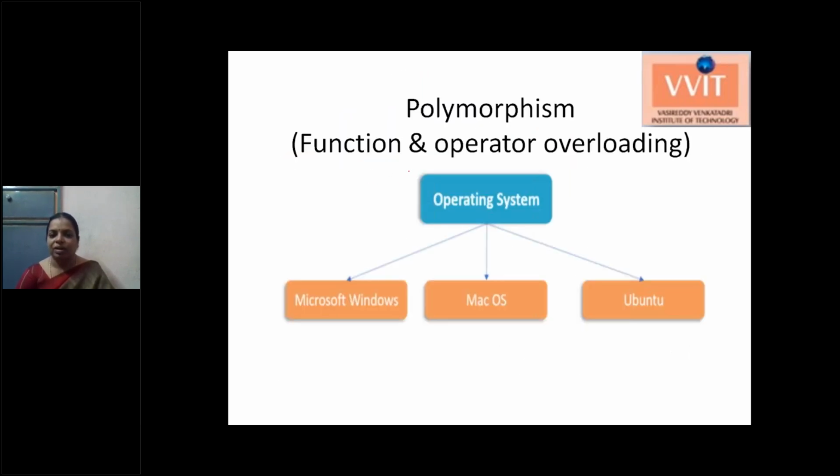Like this, there is an operating system as the main class, and here we have multiple operating systems. All these are operating systems, but the names are different, and the working of these operating systems is also different. But you are using the same word, operating system, in multiple ways. You are interacting with the hardware of your computer in different ways or with different software.